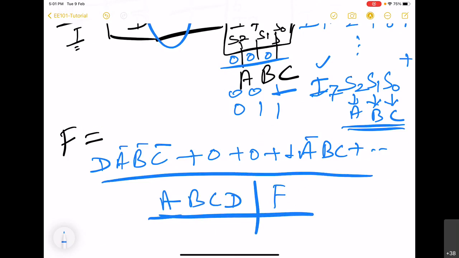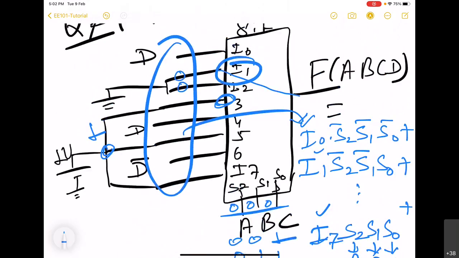Otherwise, it can be left as it is. So this is how we find the Boolean function of a given multiplexer with inputs and selector pins specified.